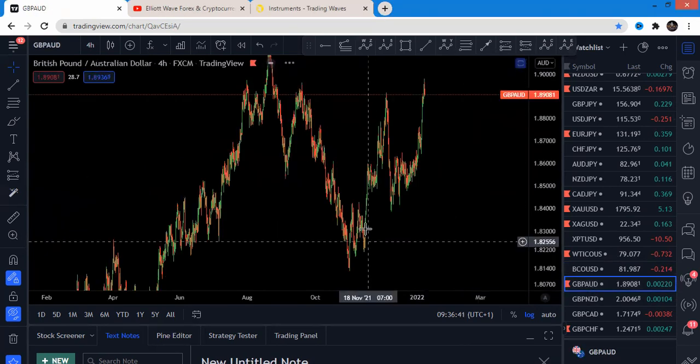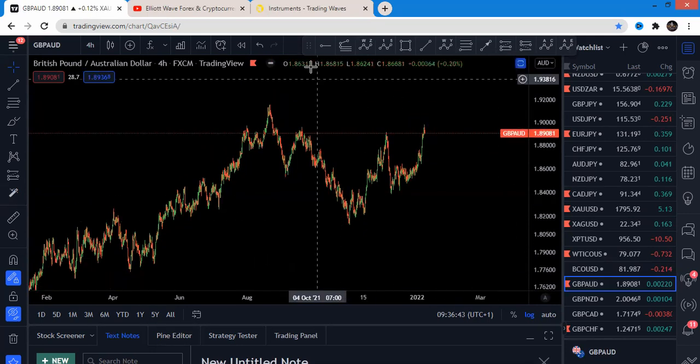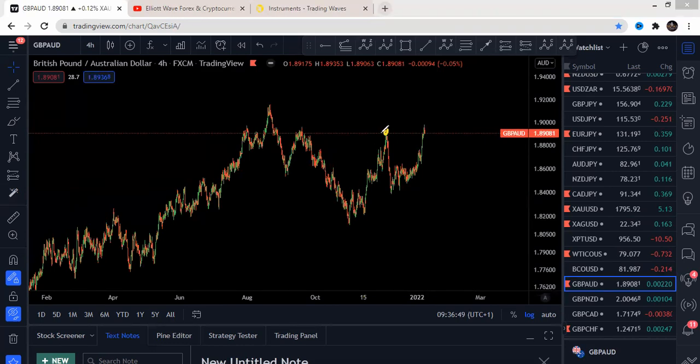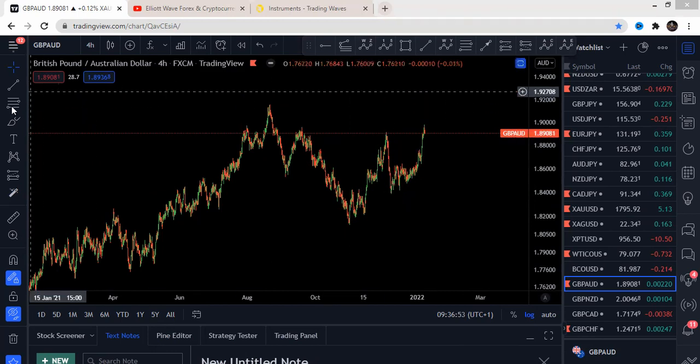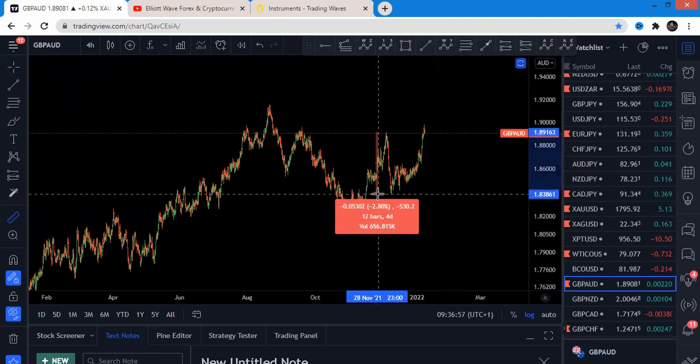Pound AUD. If those of you who've been watching the webinars from last year will remember, we got the move from here on pound AUD, looking for this to continue to the downside, but we only got this 200 pips there. Let's just make sure here. So we only got the 200 pips before it made the reversal, about 500 pips on pound AUD